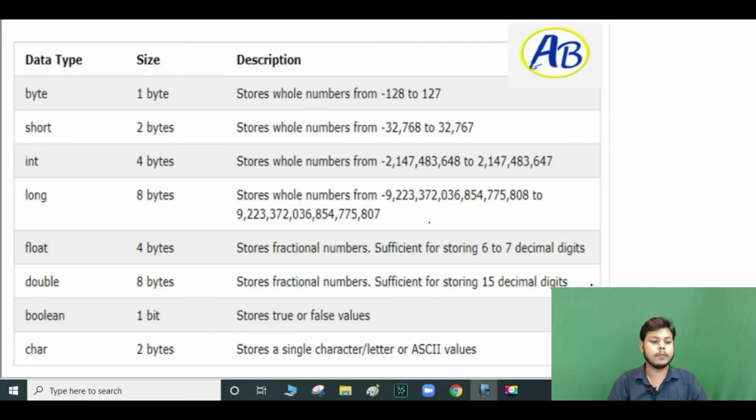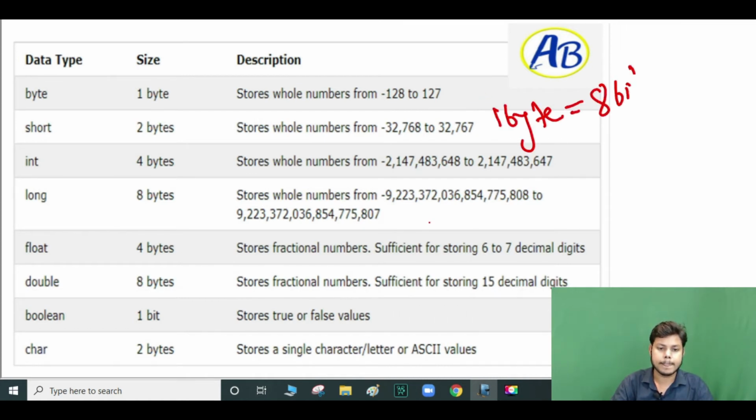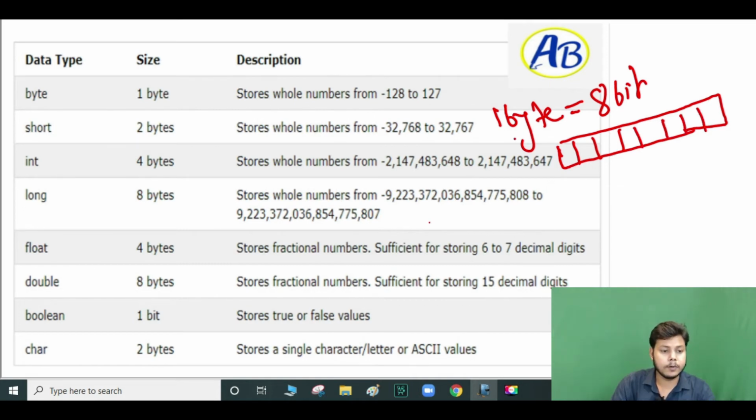Here we have the data size, which data type has how much storage capacity. We must know that 1 byte is equal to 8 bits. 8 bits means this storage will be 1, 2, 3, 4, 5, 6, 7. When I talk about 1 byte, it means this much, 8 bits.